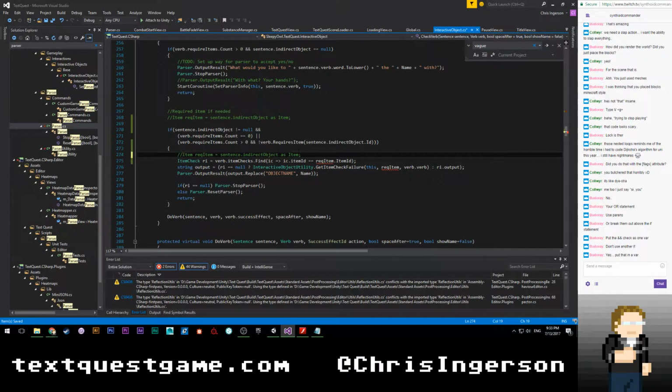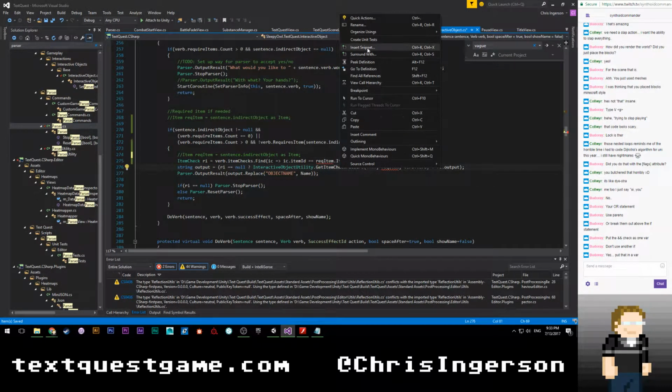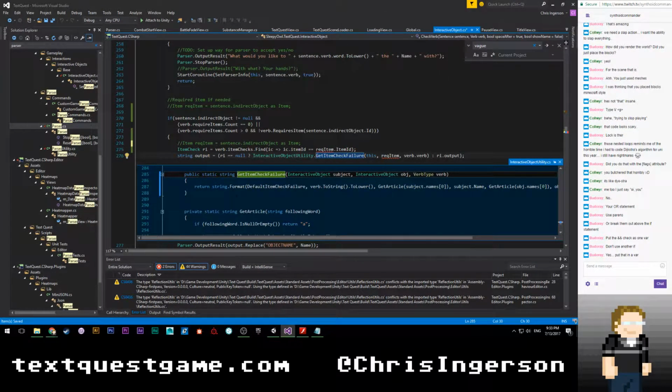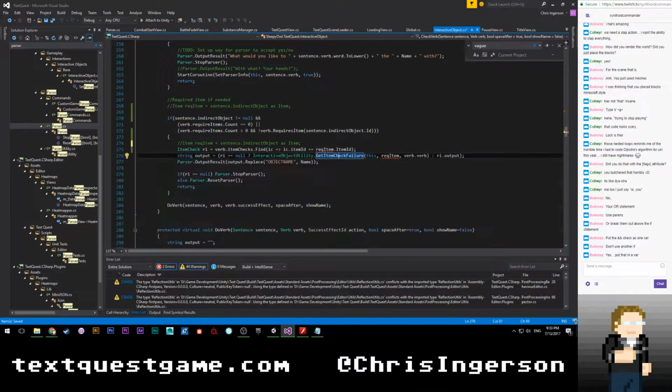Get item checked failure. I don't even remember what this thing does. Default item check verb to string get article. Oh yeah. Okay. Well, let's just do this.